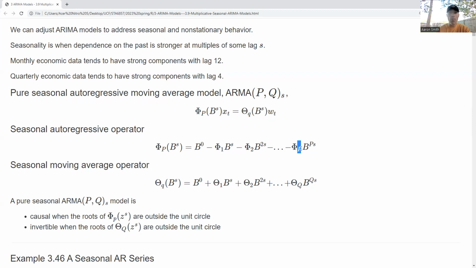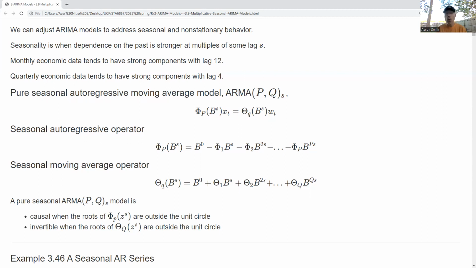And I've got P terms, right? And then for the moving average, it works out very similarly. Multiples of S all the way across. All right, so a pure seasonal ARIMA PQ with season S model is causal when the